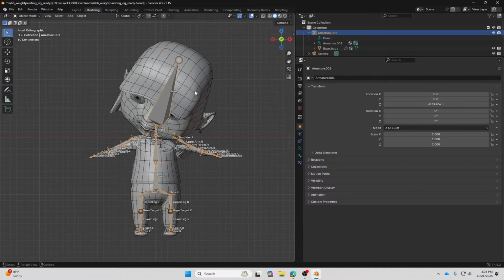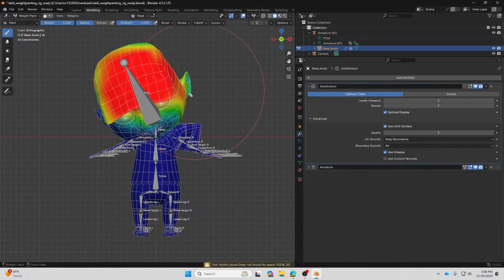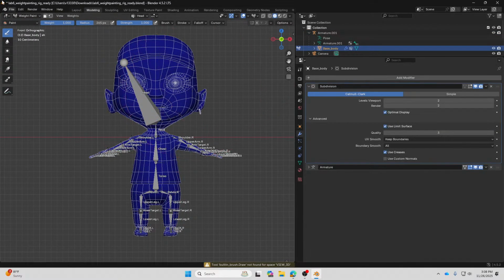Alright, so the correct way, or the easier way, to assign the weight to a certain part of the body is not using the brush. The brush is for details.